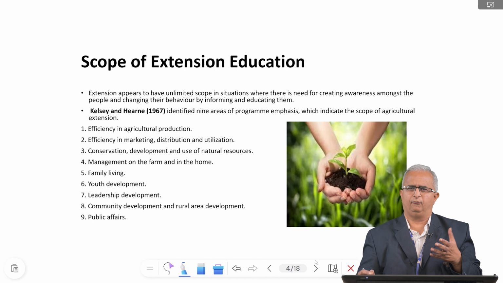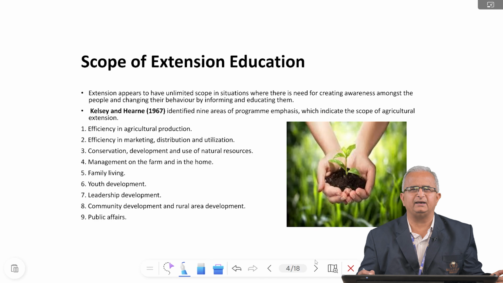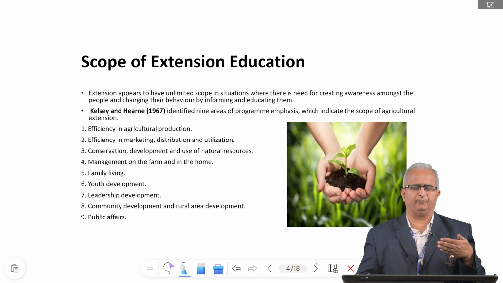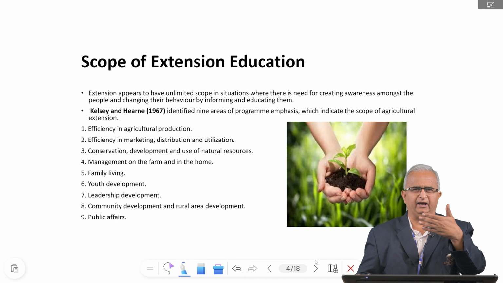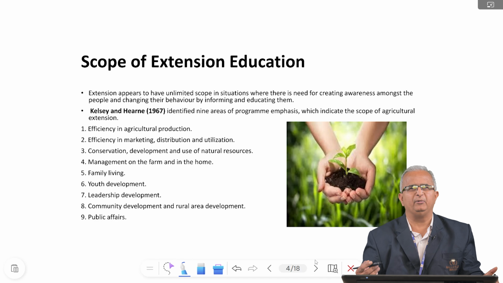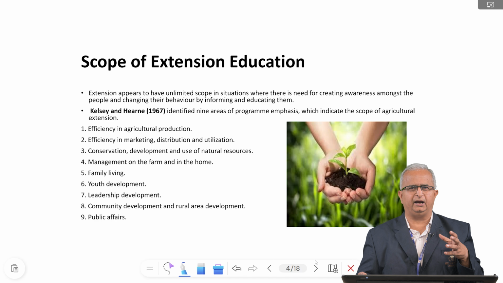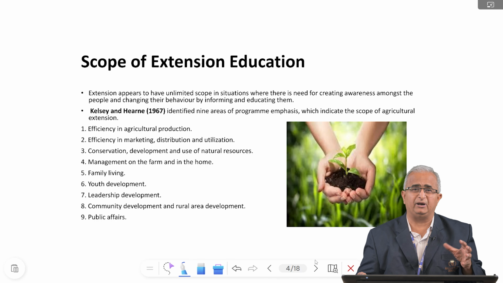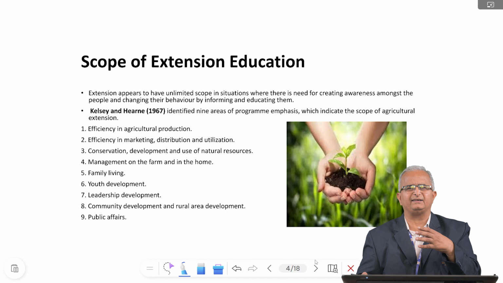And without extension, whatever research we do in the other disciplines is in vain. It's of no importance. Why? Because whatever the scientists develop is for the needy people. The final consumer or final customer is the farmer. Until the farmer knows about any technology, there is no development in the farming community. That's why extension education holds a high priority. We transfer whatever technologies get developed by the different disciplines within agriculture to the village people, to the rural community, to the farming community. In this way, it acts as a bridge.